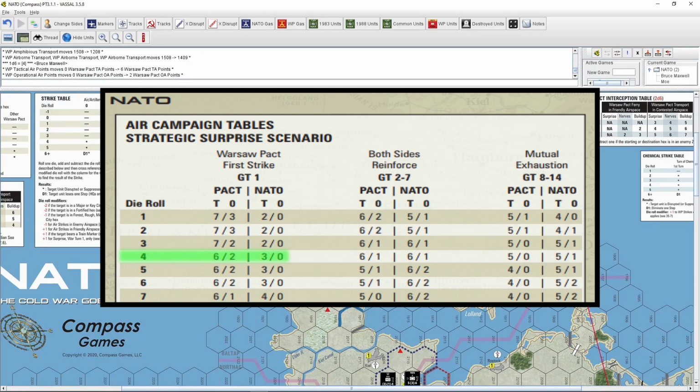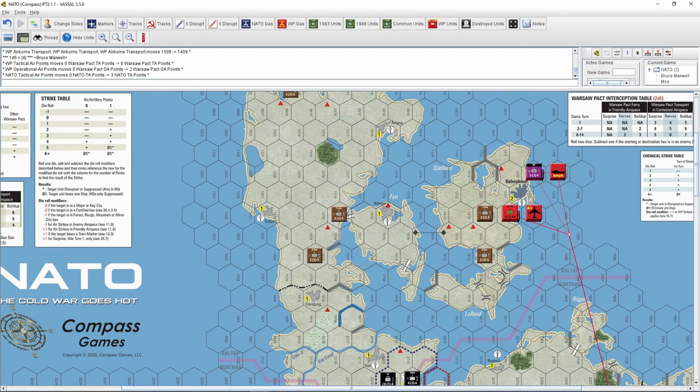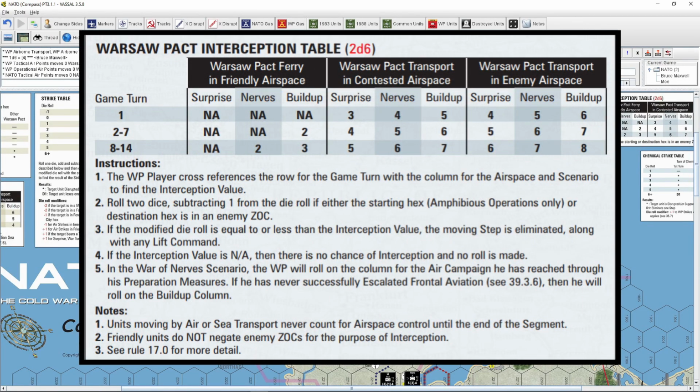So this was a fairly good roll for NATO, and it says that our Air Force was up and in action doing its thing. So not quite as surprised as our ground forces. All right, so now with this paradrop and amphibious assault, we go to the Warsaw Pact interception table, and we look at game turn 1